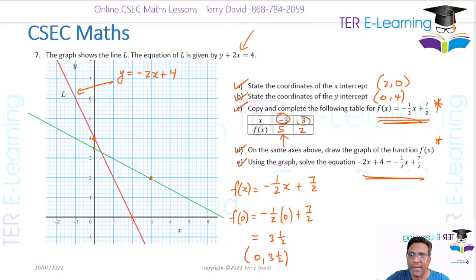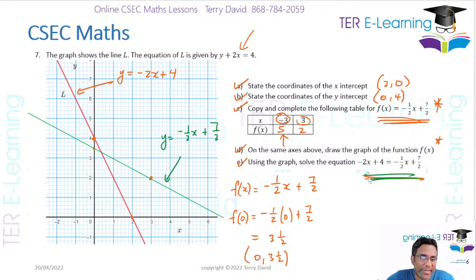The other line, the green line, this line here is my green line, and the equation of that green line is y is equal to minus a half x plus 7 over 2, right? That's what that line is there, right? Now, the question is asking, solve this equation here. If you notice here, on the left-hand side, that is actually the equation minus 2x plus 4. And on the right-hand side, this equation is y is equal to minus a half x plus 7 over 2,